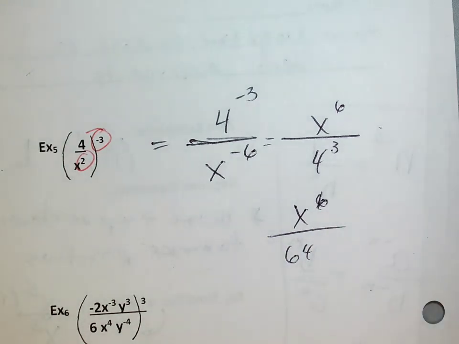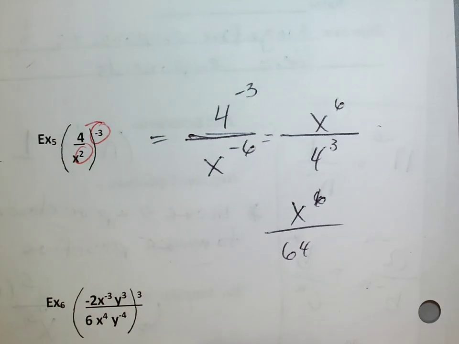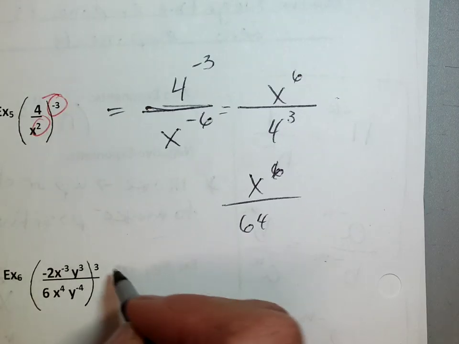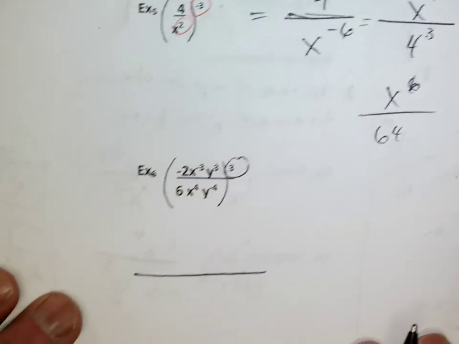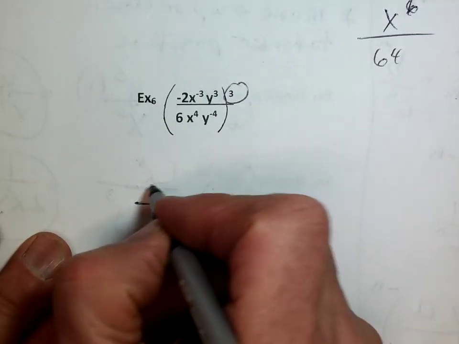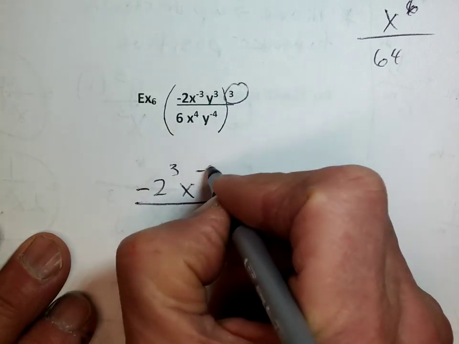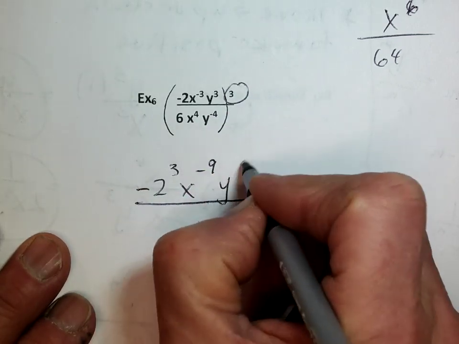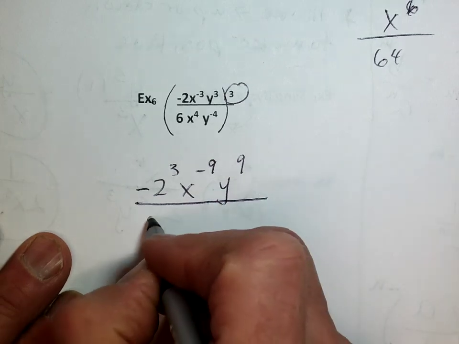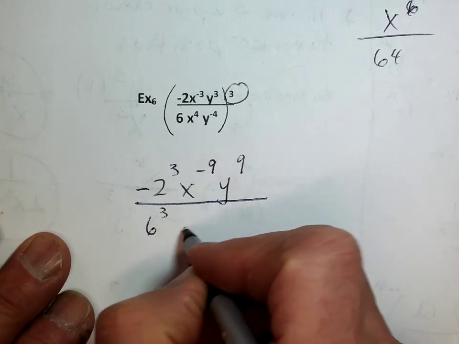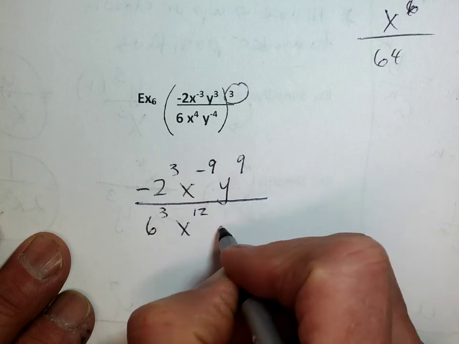Now, example 6, much more difficult than anything you'll do unless there's an extra credit problem, but that's okay. I think we can do it. So here's what I'm going to do. Example 6, step by step. I'm going to bring the exponent of 3 into everything. So I'm going to make it a negative 2 to the third, make it an x to the negative 9, y to the positive 9. I'll make it a 6 to the third power, an x to the 12th power, and a y to the